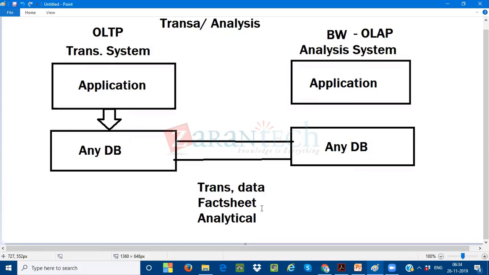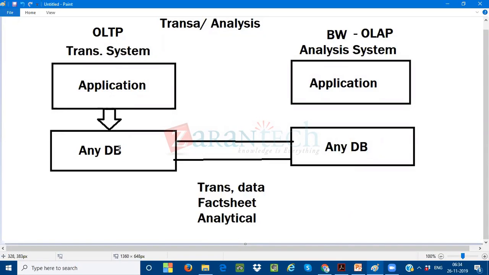So when you go back and see here, I want the customer aging report or vendor aging report or asset balance report from the last 3 years of data. I want to compile the data and get the report for auditing purposes or maybe for internal reporting purposes. So what happens here? My OLTP system only serves you for a little data, but not for more data.